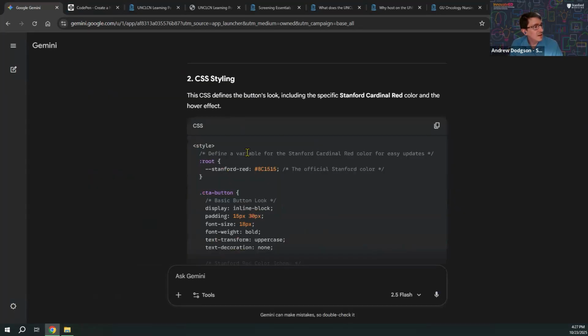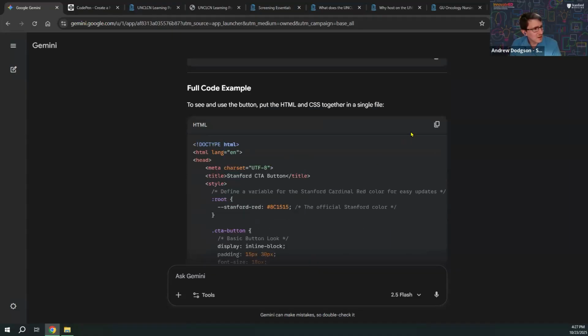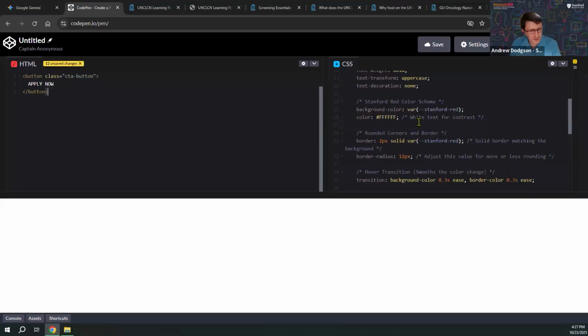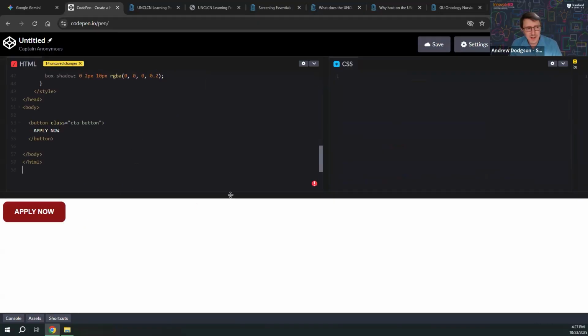I've run into this before actually. So what we'll do is we'll take the full code example and see if that works. But sometimes these will add a bit more explanation than they need, and it'll make mistakes. I heard another presentation earlier saying ChatGPT does a lot of spelling mistakes. I don't think that's unique to ChatGPT, but coding mistakes happen too. So that's just another example of why you need a lot of